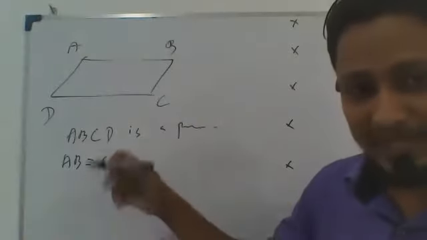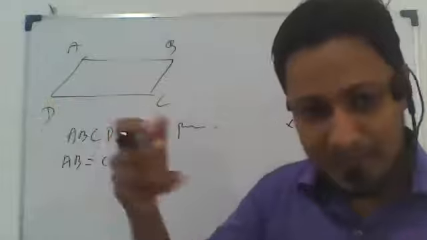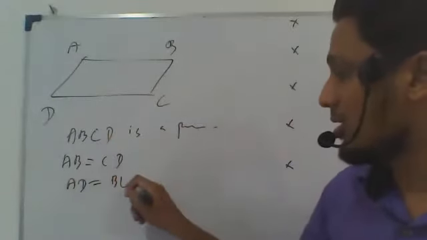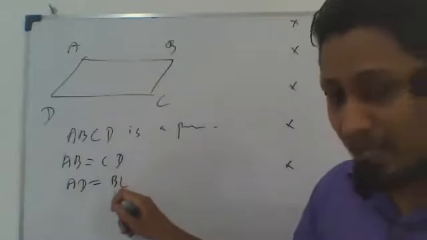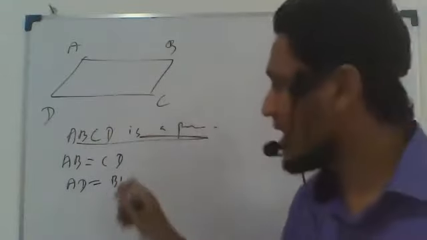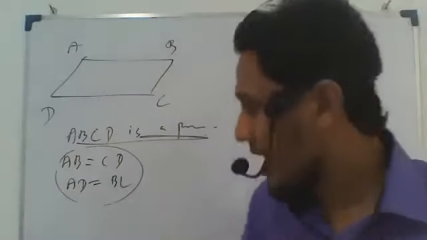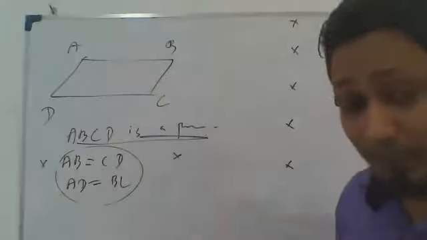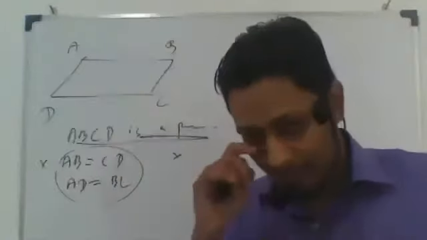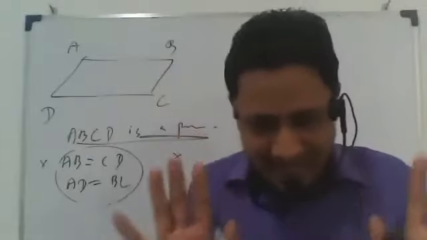Very good. Then next one. Opposite sides are equal. Another two opposite sides are there. What are they? AD equal to BC. So they said ABCD is a parallelogram. This is happening because it's a parallelogram. Not only that, this is the first point. Now the second point, I told you, which is equal? Parallel. Yes.